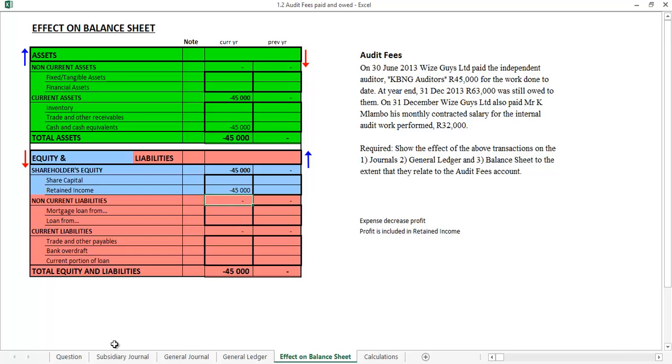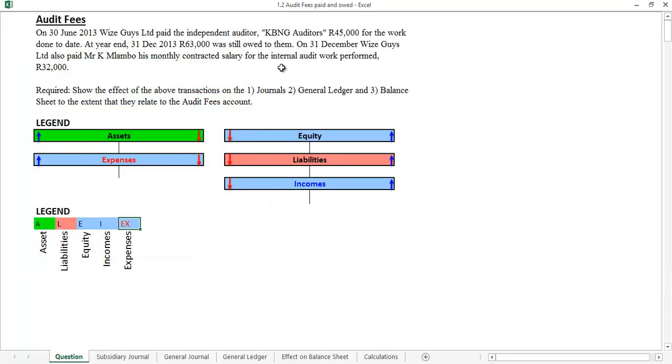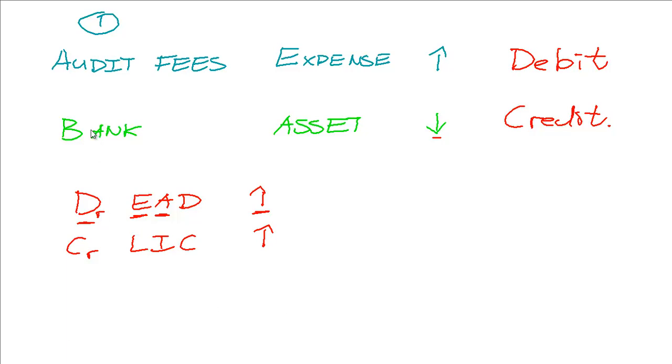Let's quickly do the second part of this transaction, which was the 63,000 Rand that is still owed to the auditors at the year end. Now, instead of having this bank as a second leg, we're now going to have expense payable because we still owe money at the year end. So let's take out this bank here. There we go. We're going to take out bank, and the account affected is going to be expense